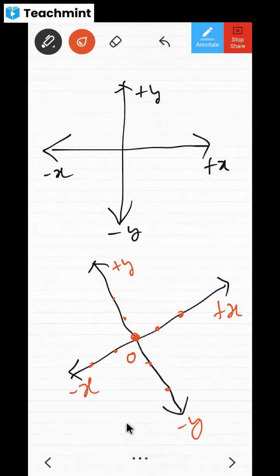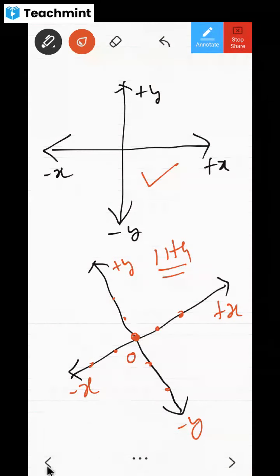So now this is also a Cartesian system. As you proceed into your 11th class, we are going to study about this system also. But right now you have to concentrate only on this Cartesian system. Understood? Yes, sir. So it's very easy for us to understand. This is also easy, but as you proceed into higher classes, you'll be learning about this system also. Okay, dear children? Yes, sir. Okay, fine.